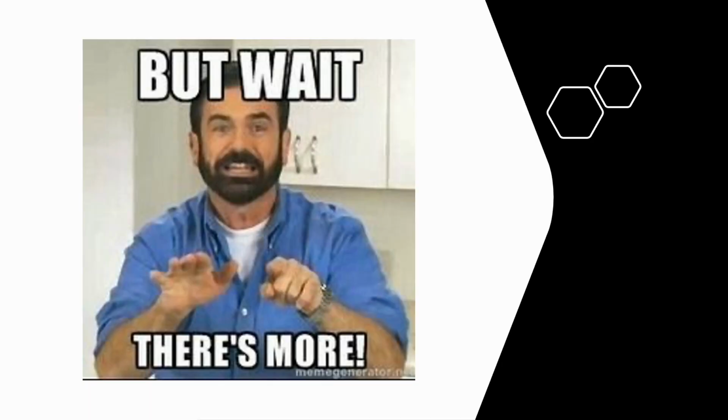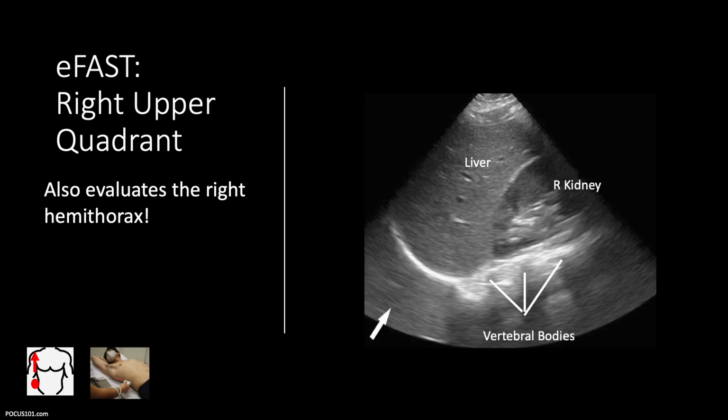But wait, there's more. In addition to the right upper quadrant of the abdomen being evaluated in this study, we can also see that this evaluates the right hemithorax for a pleural effusion. And the way that happens is because generally in a healthy patient, such as in this image, there is